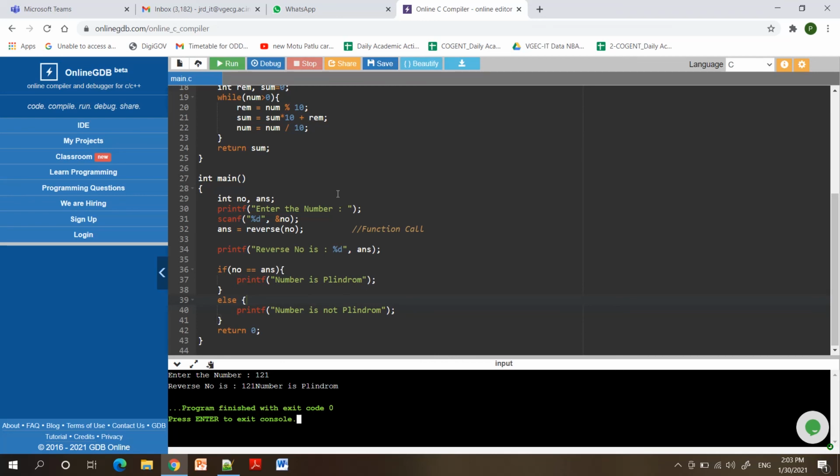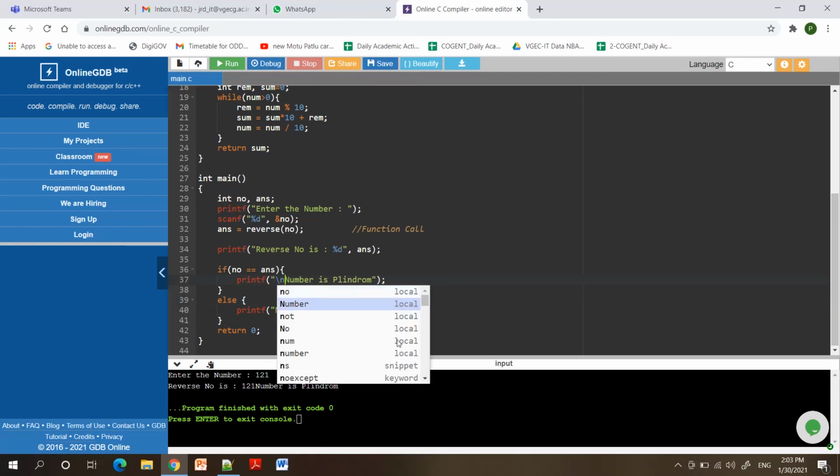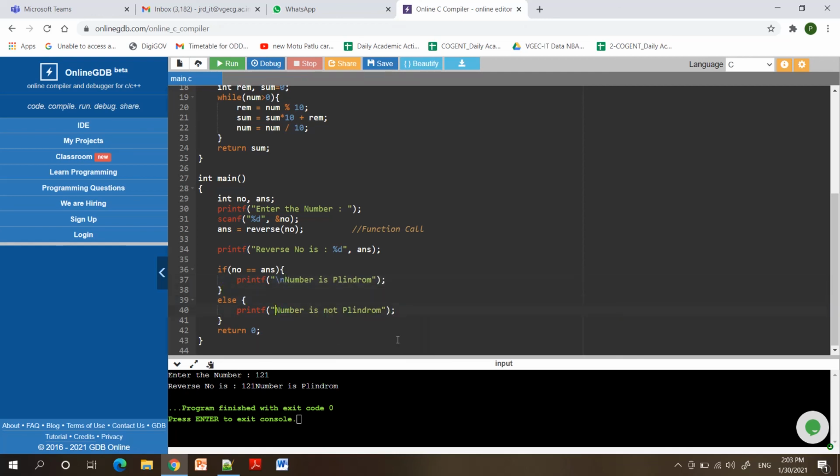So the reverse number is 121, and you can see number is palindrome. If I execute this code again, and if I write the number 456, so the reverse number is 654, but since both are not same, we can say number is not palindrome.